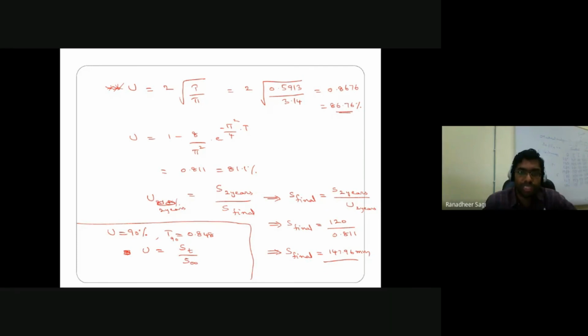By substituting U equal to 90%, it means 0.9 is the value in terms of fraction I have to substitute. So settlement in the soil corresponding to that 90% degree of consolidation is nothing but 0.9 into the final settlement you have in the soil. Okay, so that value, 133.164 mm, is the settlement you are going to have in the soil at the end of 90% consolidation. Okay, so with this I'll stop my discussion for today.